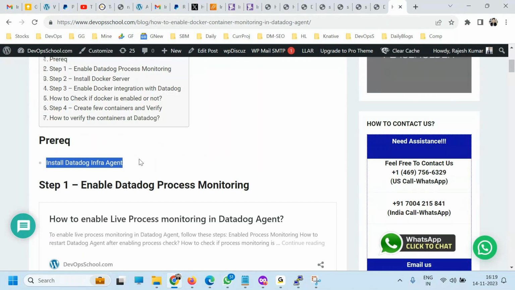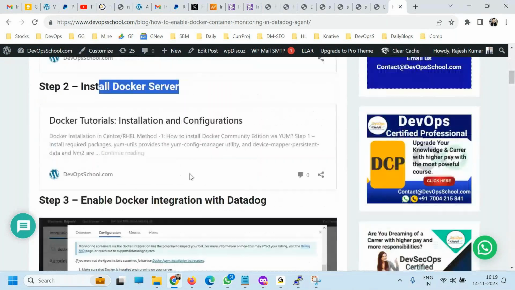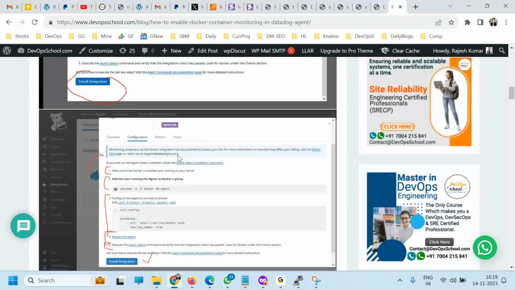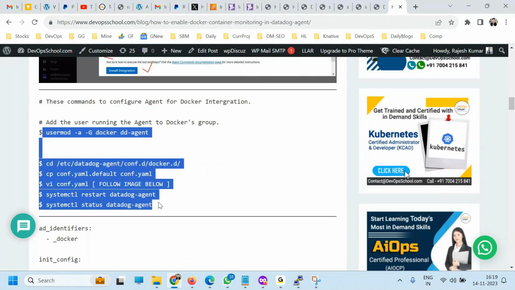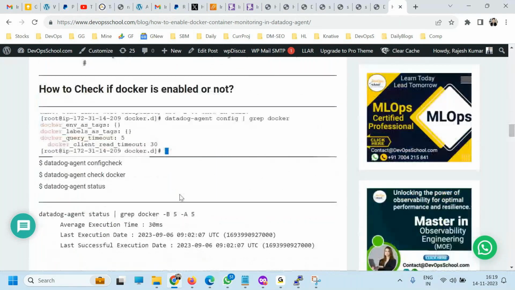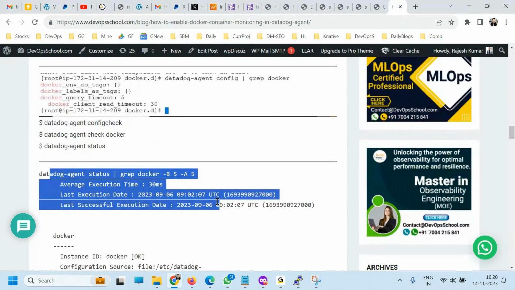Then enable process monitoring, mind it. Then install Docker, then enable the Docker integration, where the Datadog images are. Finally, you make these changes in the YAML file, which I just did in front of you. Then finally you check the config check for Docker. These are the commands you have to check, which I have checked already.